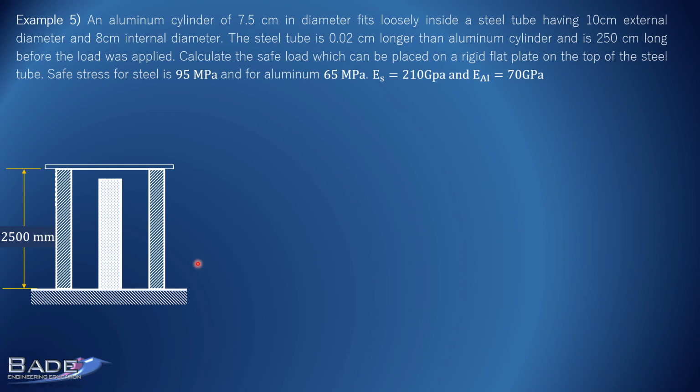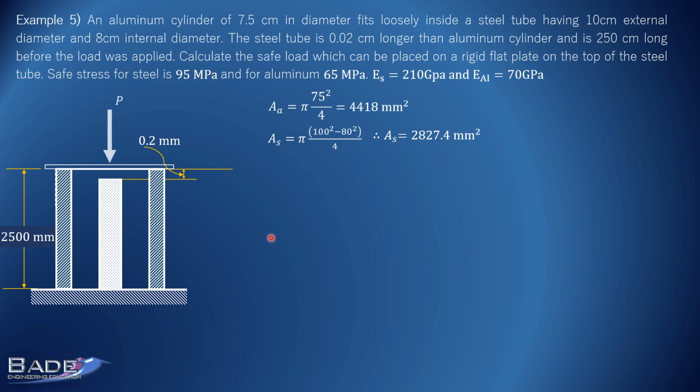So here is a two-dimensional diagram. Check. This is the wall thickness of the steel tube. Inside the steel tube, along the axis of the tube, this is the aluminum rod. It is a solid body. Here is the thin rigid plate which is resting on the steel tube. The aluminum rod is shorter than the steel tube by 0.2 millimeters. Area of aluminum rod, pi d squared by 4, is 4418 millimeters squared. Area of steel, it is a tube, so outer diameter squared minus inner diameter squared, and this is the area of steel.